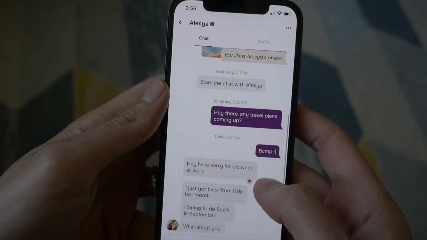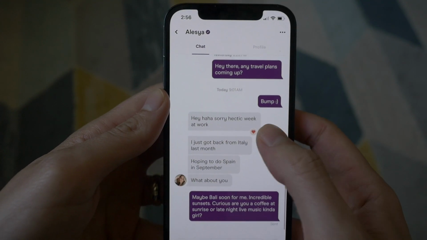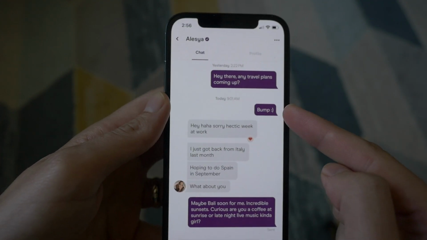Now, one thing that I've done, and I'm not saying that you should do this, but this is an option for you, is there's a lot of women on there that get a lot of messages. So even though they match with you or you said something, you're in a conversation, they might have forgotten about you, maybe they're busy, whatever it is. So you can text them on the app and say bump, smiley face, as if you're bumping yourself up the queue of all the people that they're talking to. I know that sounds kind of needy, kind of lame, but otherwise, if they're not talking to you and it's been a couple of days, it's probably dead. So you can do that, and it does work.